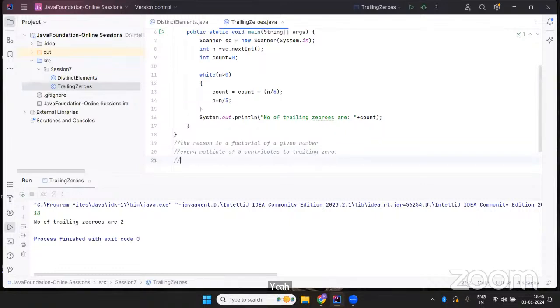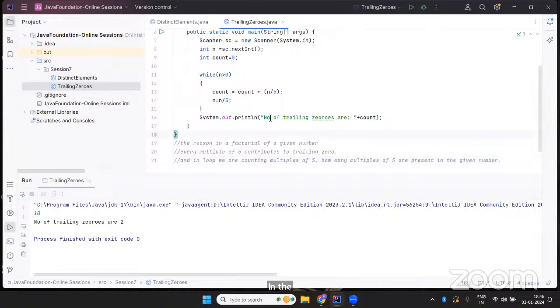And what we are doing in the loop is counting multiples of 5, basically. How many multiples of 5 are present in the given number,